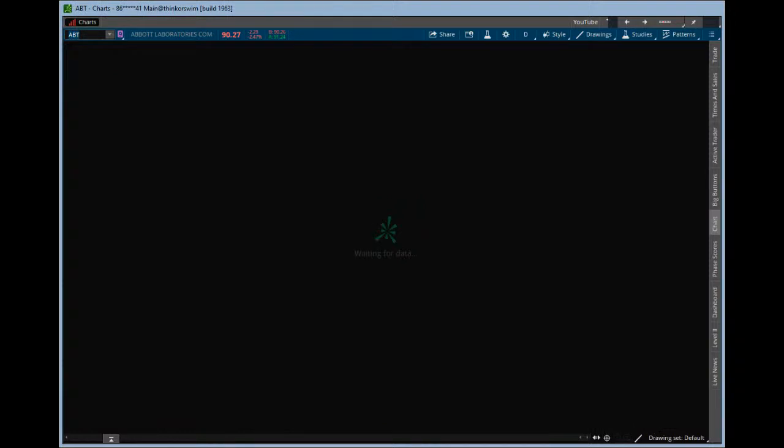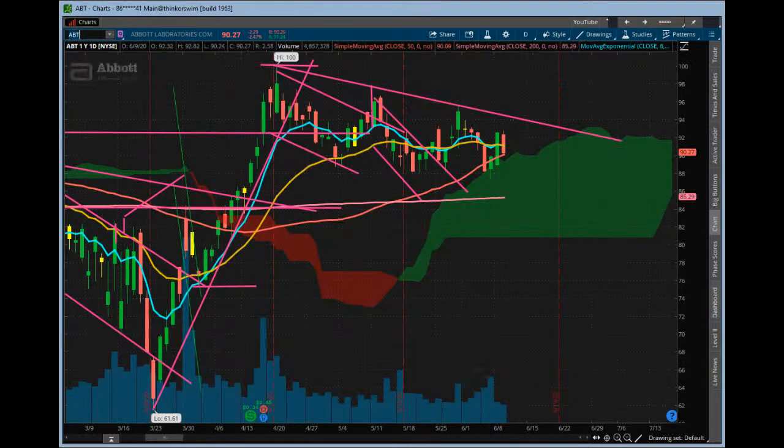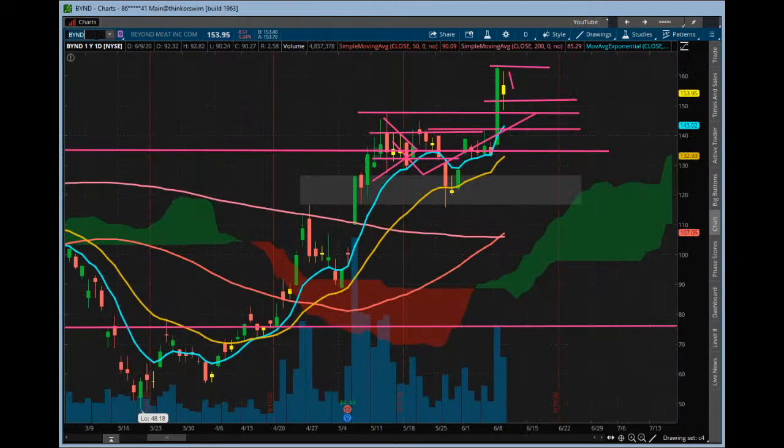Let's take a look at Abbott Laboratories, pull up some data for me here. Okay, yeah, so like we said yesterday, it was a good candle, right, but the volume wasn't there, and so we got a little bit of pullback here today, so not surprised to see that. Again, I really want to see it pop above this geometric line here from that 100 and this level right here with some good volume to see if it's ready to make a move. We talked about it yesterday, right, big candle, not surprised to see the inside day, so it could be just consolidating here, maybe trying to gear up for another move.